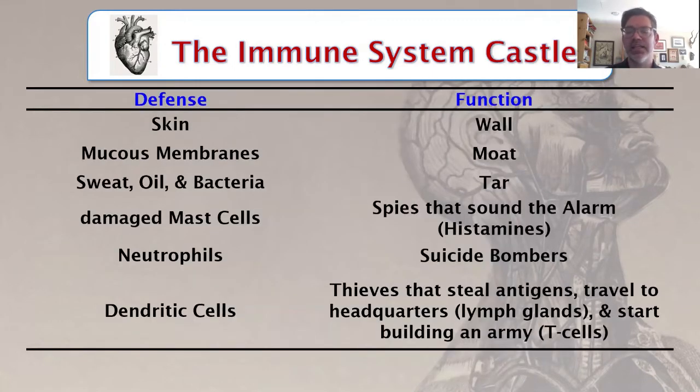You can think of the body as a castle. The skin represents the walls of the castle that prevent pathogens from entering. It is a dry environment with dead tissue and hard keratin with little nutrients for bacteria to grow. Mucous membranes line the eyes, nose, lungs, mouth, and anus to form a sticky moat that traps and kills pathogens. Our sweat and oil glands produce a layer of acids and antibiotic proteins on our skin that kill most bacteria. We also have our own mutualist bacteria living on our skin that outcompete foreign invaders.